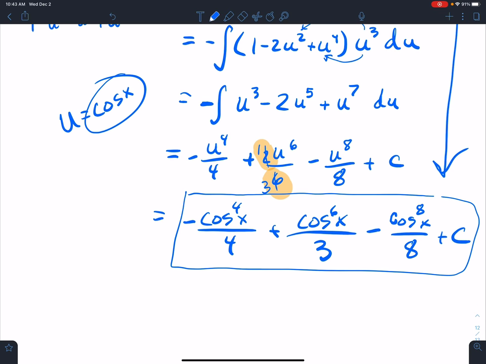All right, hopefully this helps out. In a second, we'll show you what to do when the cosine power is